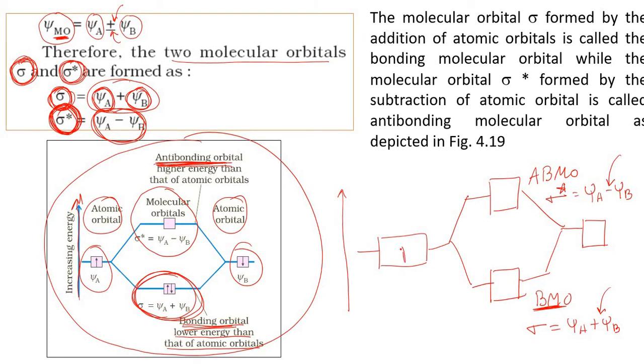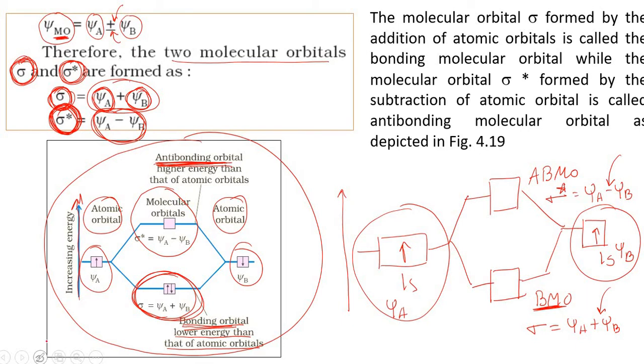Here I write one electron in the 1s orbital, and here also one electron in the 1s orbital. This part represents one hydrogen atom and this represents another hydrogen atom. Here I call it psi of A, and here psi of B. Now when the two atomic orbitals are involved in forming molecular orbitals, both electrons, this one and this one, will be present in the bonding molecular orbital with their spins in opposite directions. This results in a bonding molecular orbital, which is much more stable.